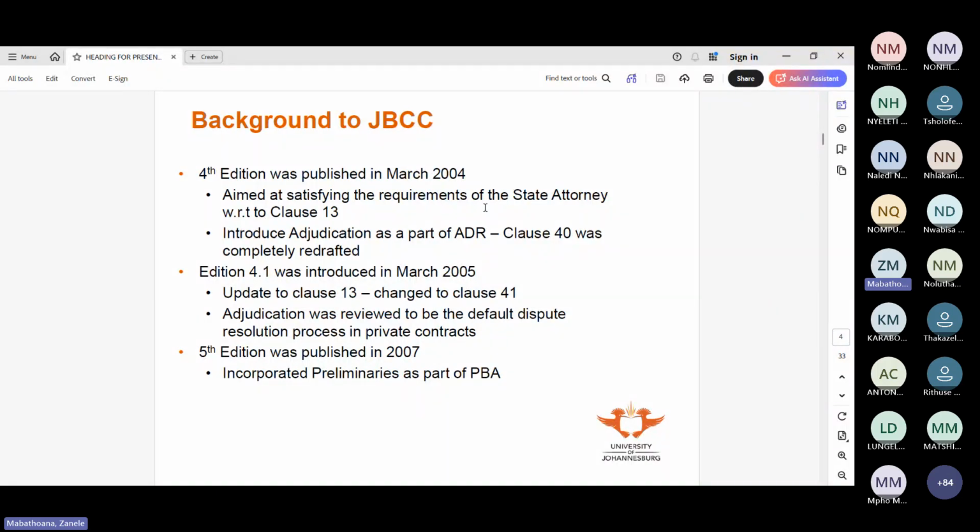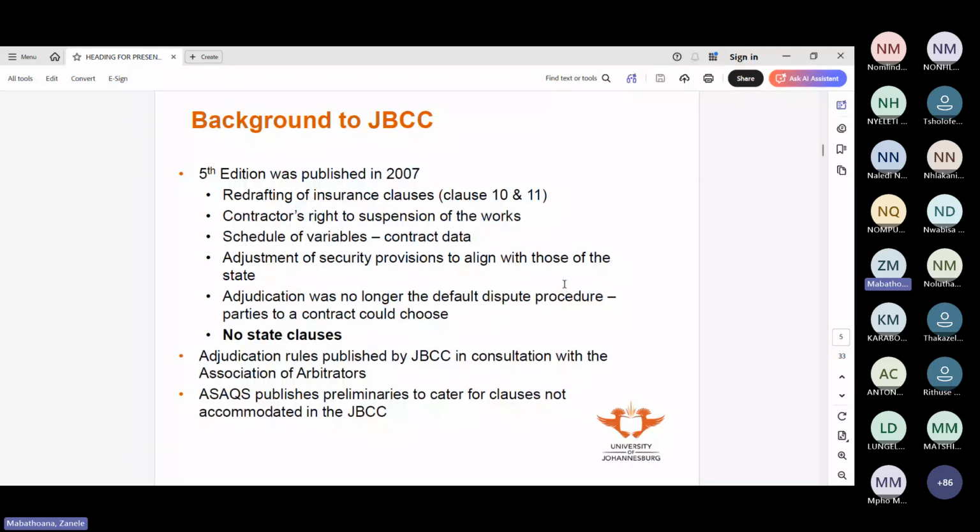And so with the 4.1 and the preliminaries, there was an issue. So then the idea was, let's incorporate the preliminaries as part of the principal building agreement, the PBA there. There was also redrafting of insurance clauses. So clauses 10 and 11 speak to works insurance, third-party liability insurance, lateral support insurance. They redrafted those because now they were looking at the liability that the contractor is exposed to, or the client, who takes